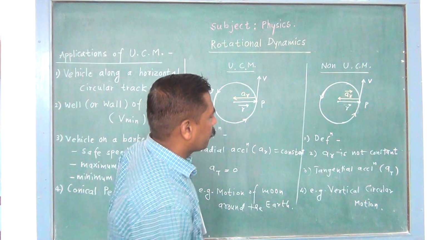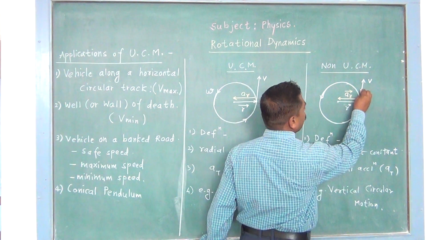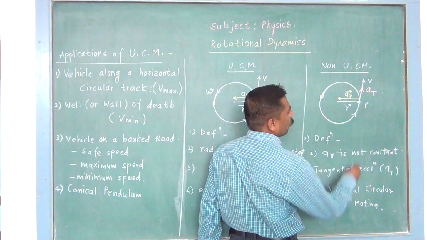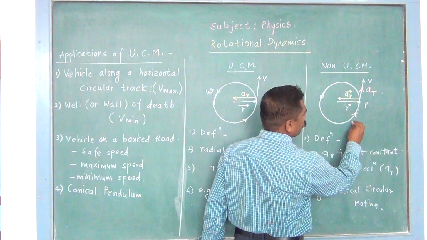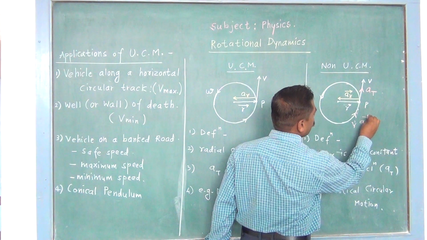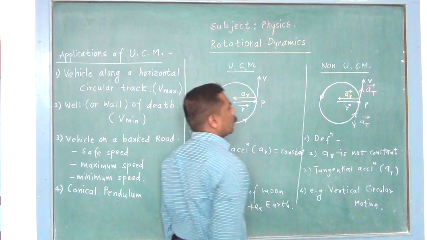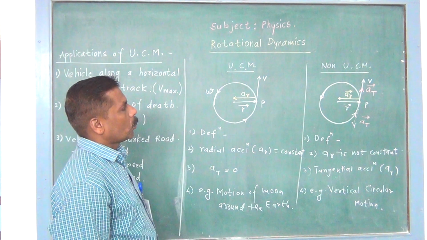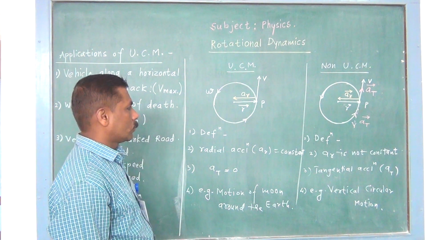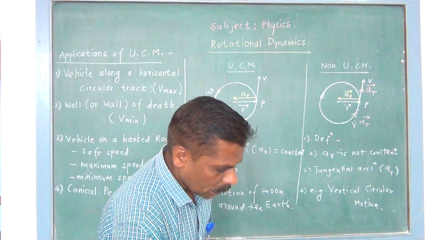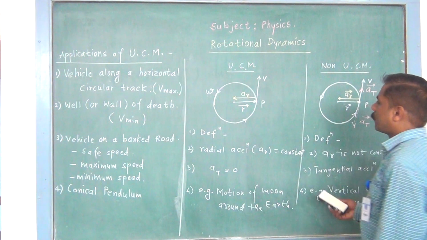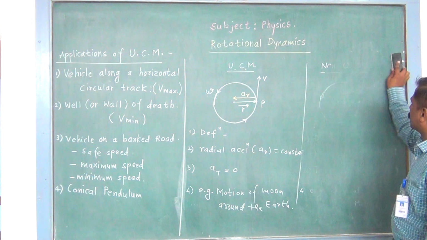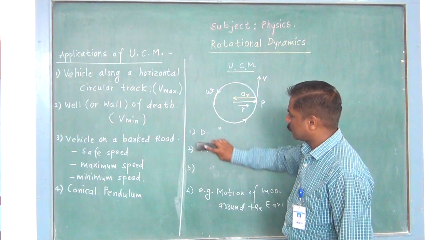So in this diagram, if you want to show, then you will find this is the direction of the tangential acceleration, or it may be in this direction, which is also a tangential acceleration. So these are the possible directions of the tangential acceleration in the non-uniform circular motion. Okay. Now here, when we consider the two types of circular motion, that is UCM and non-UCM,